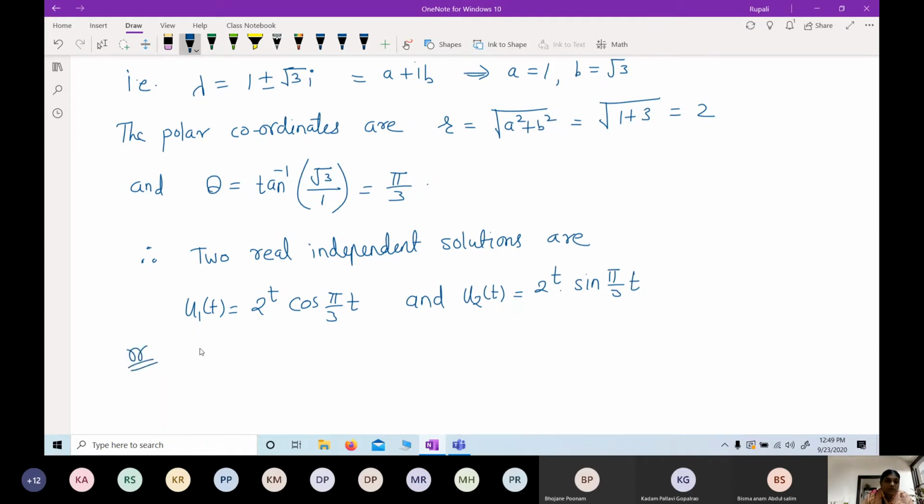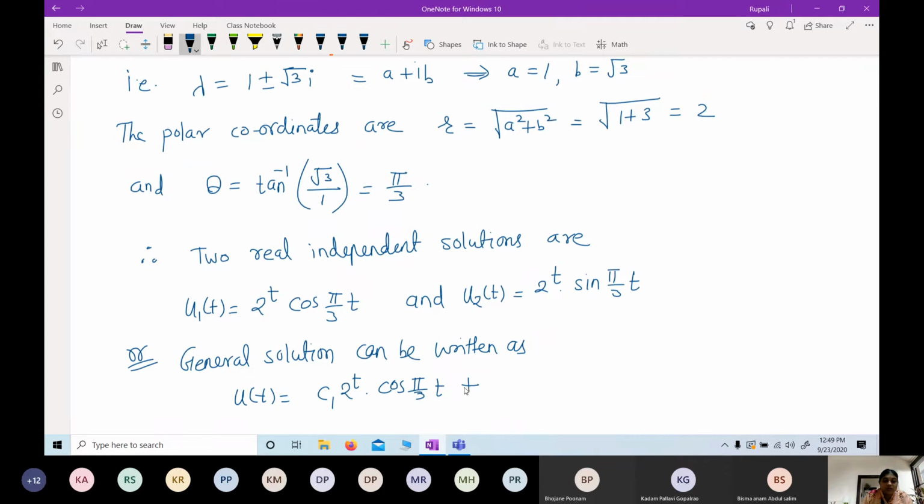Or the general solution can be written as, what is the general solution? u of t can be written as c1 2 raised to t cos pi by 3 t plus